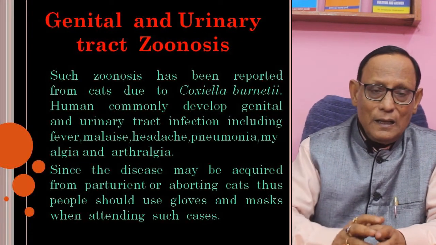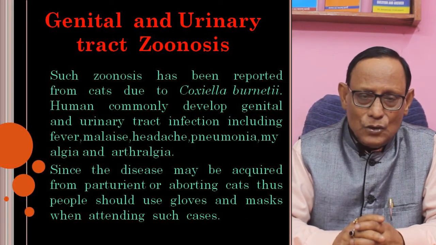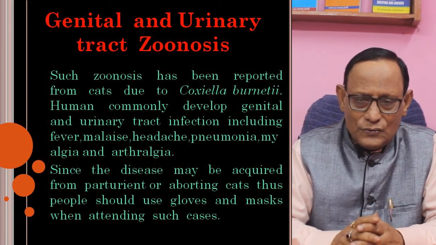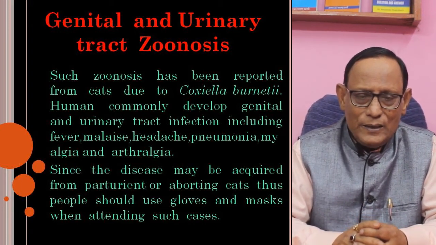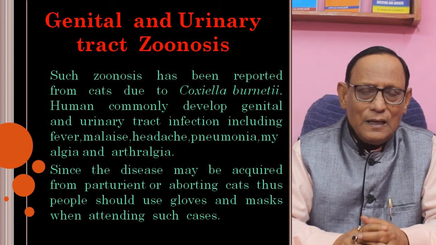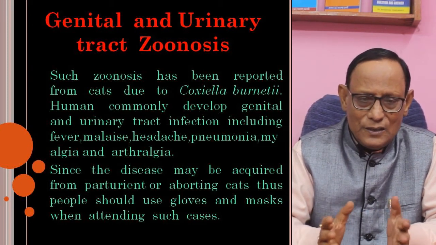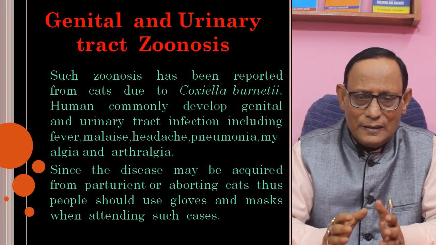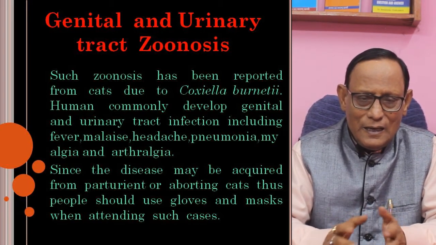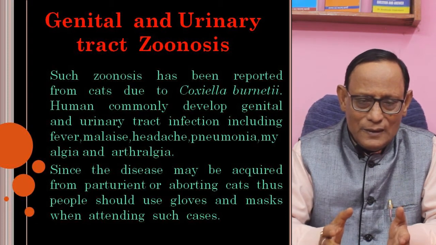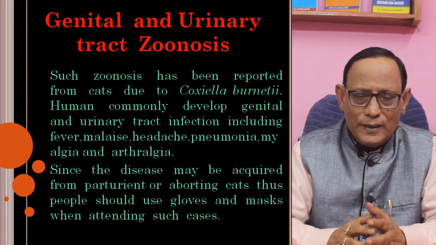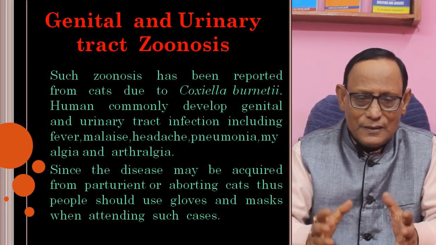Then genital and urinary tract zoonosis. Such zoonosis has been reported from cats due to Coxiella burnetii. Humans commonly develop genital and urinary tract infection, including fever, malaise, headache, pneumonia, myalgia, and arthralgia. Since the disease may be acquired from parturient or aborting cats, people should use gloves and masks when attending